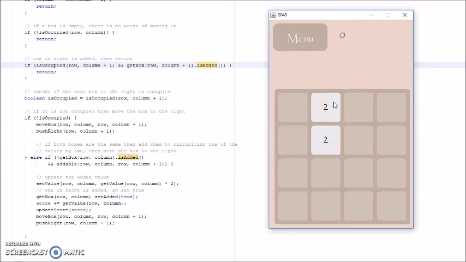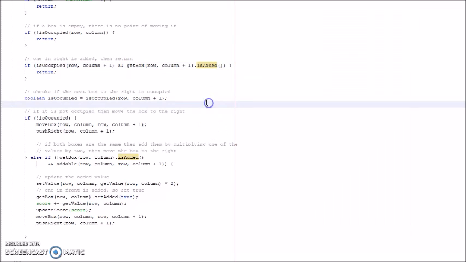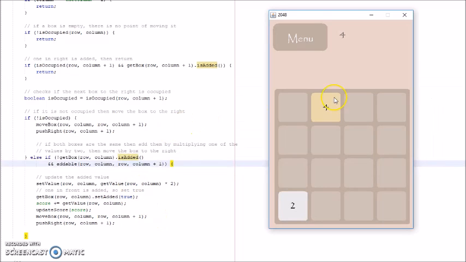Because now isAdded is not true. Once I add it, now it's true, and it resets it and updates the next move and so on. So now what you need to do, this is the actual logic here, is you got to check if it is occupied, the next column, sorry, the same row, see here, row 0, you got to check for column +1, which is right here,